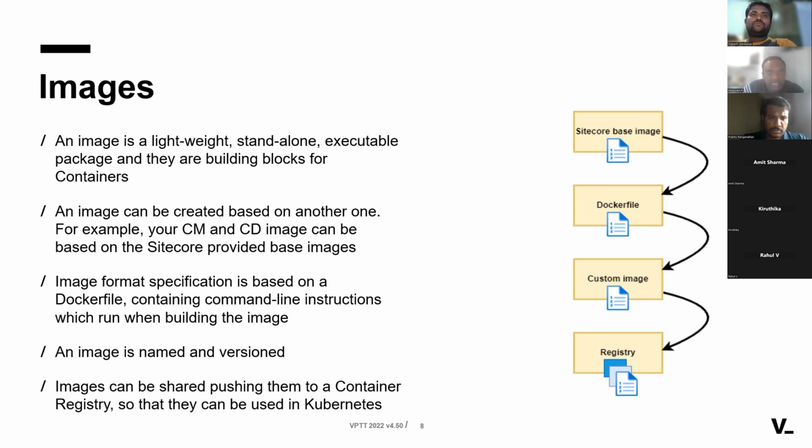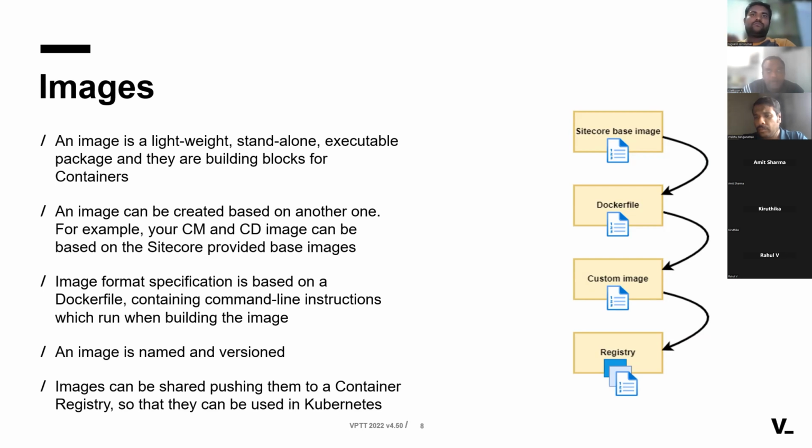As soon as we build our images, we have to make sure they are named and versioned. And once the images are built, we are going to host them somewhere so that the image can be